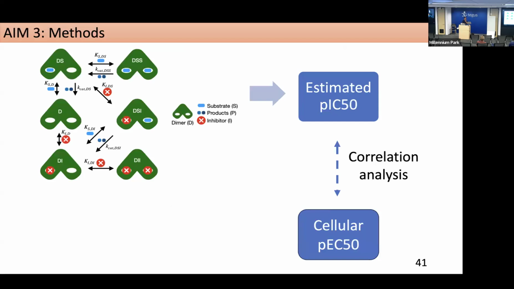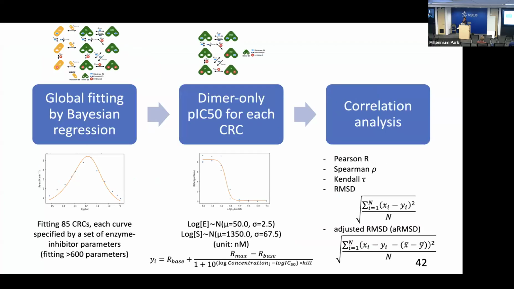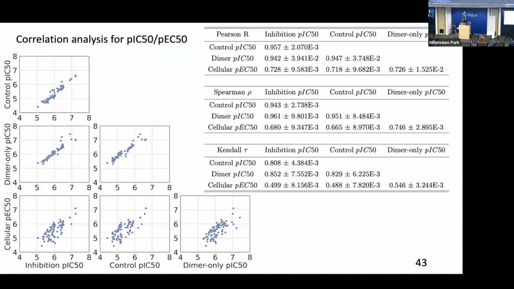As a reminder, we just sort of ignored anything in our model that had to do with only the monomer, and we looked at parts that had to do with the dimer. So we did our fit to the biphasic curve with the full model. We predicted the behavior if you only had the dimer, and then we analyzed this curve and looked at its correlation with the cellular data that had been collected up to that point. And this is what we see.